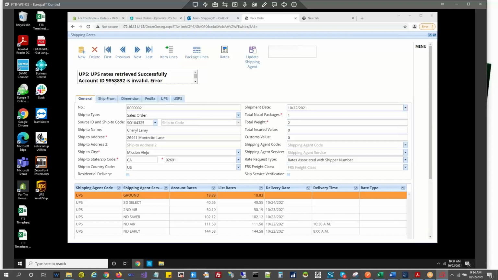Let me just look again to make sure that's correct. 9, 8, 5, 8, 8. Well, that's weird. Yeah, maybe I typed it wrong.